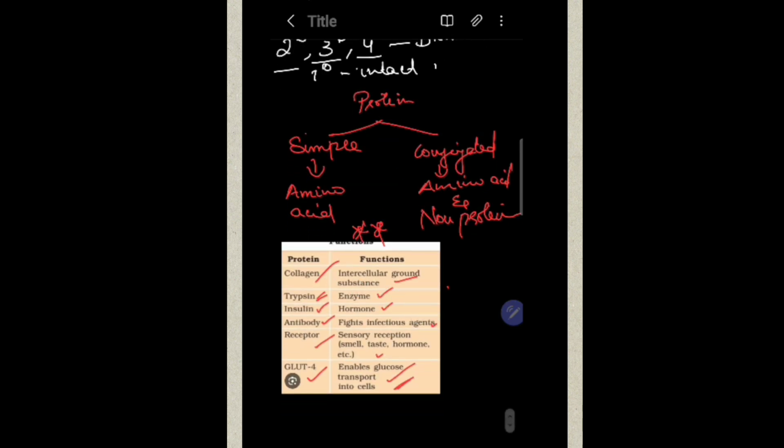Now collagen is an intracellular ground substance, trypsin is an enzyme, insulin is a hormone, antibodies fight infectious agents, receptors are for sensory reception, and GLUT4 enables glucose transport into the cell. Okay, so now I will be discussing some PYQs and some possible questions, and